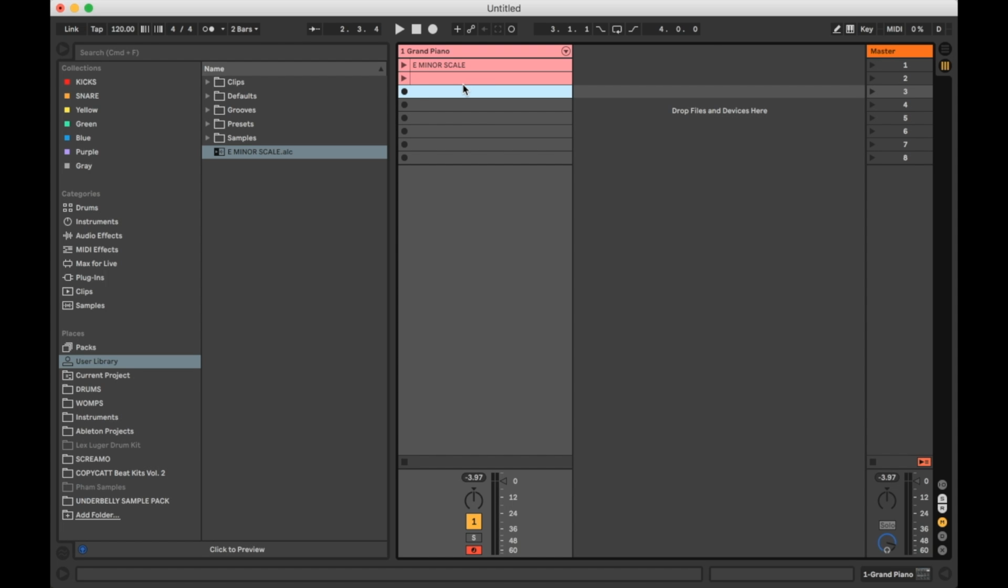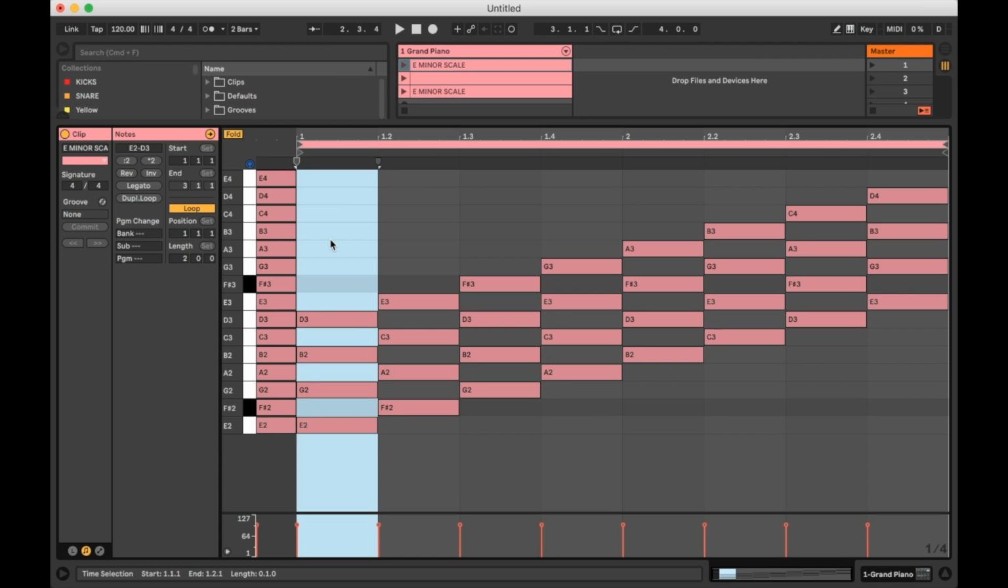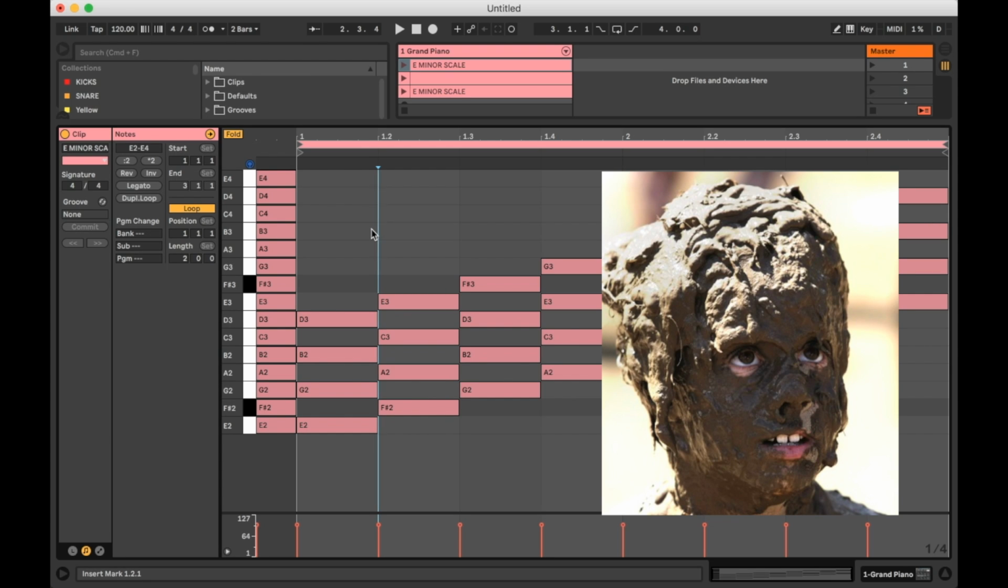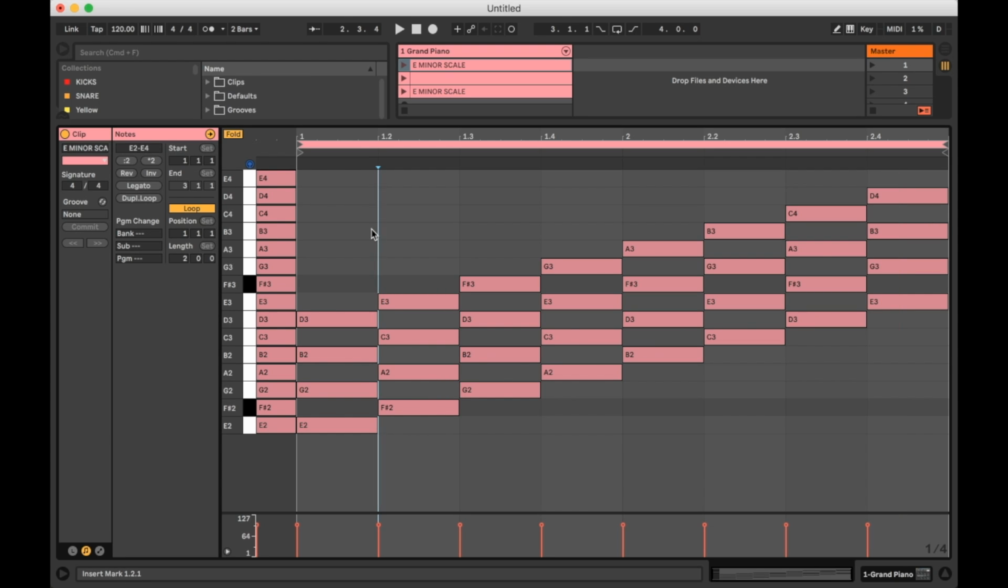Okay, let's see if we can use our newfound knowledge of seventh chords to build a sick lo-fi progression. I'm going to copy over this E minor scale clip we made earlier, and we're going to build a progression called the 2-5-1. Now, this is a super common progression in jazz music, but because lo-fi is the unwanted bastard child of jazz, like the Derek of jazz, if you will, we copy over a lot of the same progressions